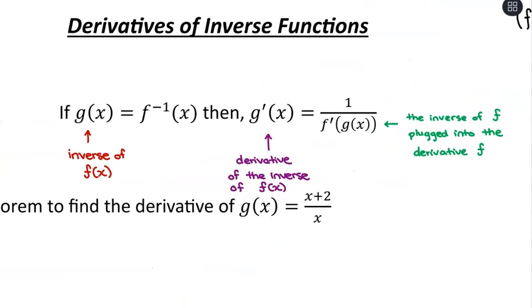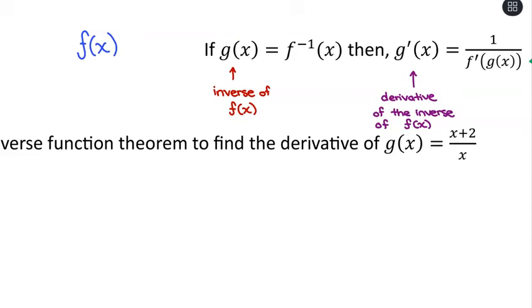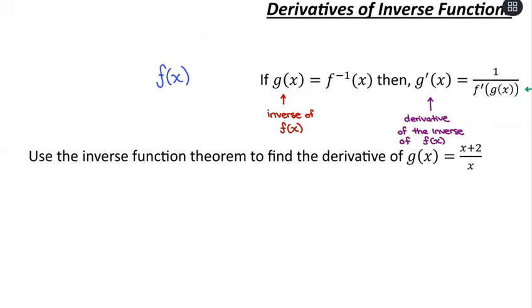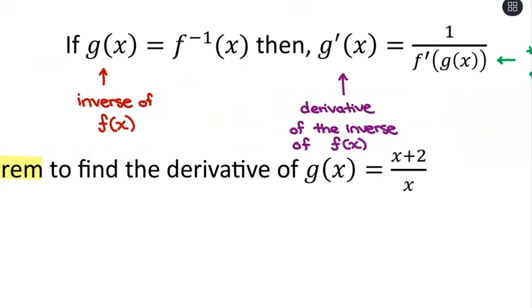Okay, so let's show how this works. And again, with this, if I give you a function g of x equals (x plus 2) over x and say to take the derivative, we would just use the quotient rule and be done with it. But what we're going to do here is a little bit of proof to show that this works using our inverse function. So g of x represents our inverse of f of x, meaning